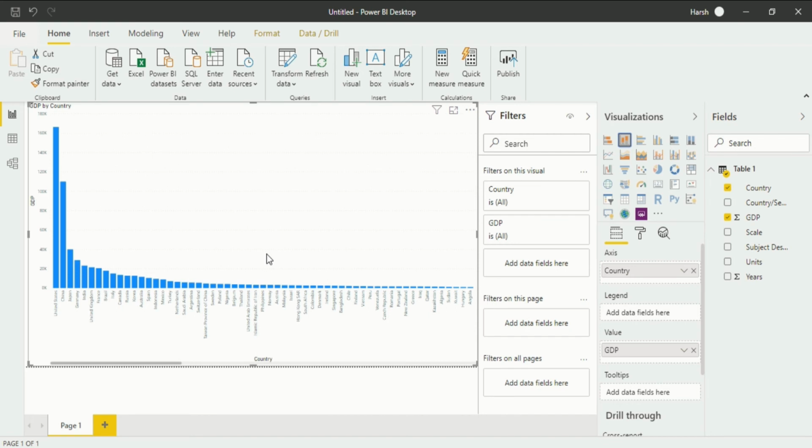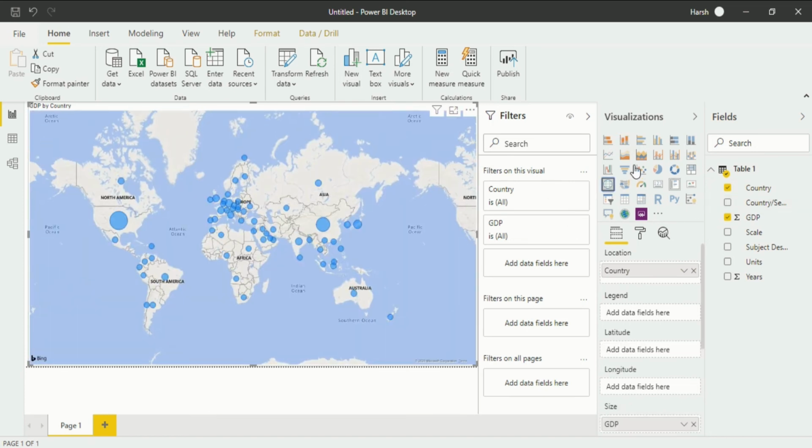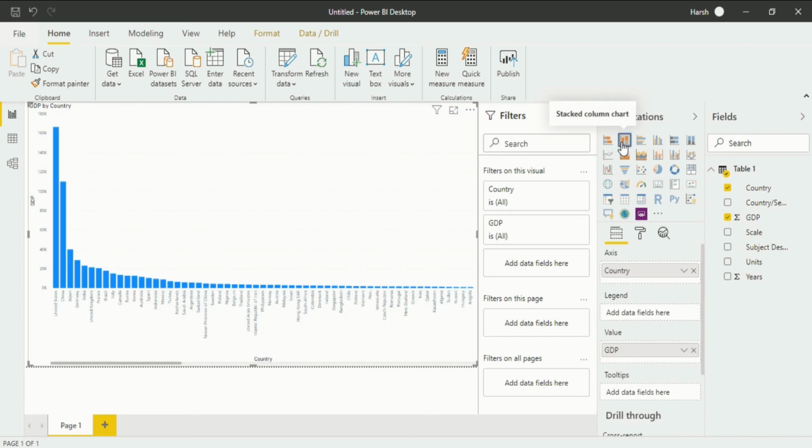If I want to change the content, then I have to change the field columns. If I click back on the world map, you can see the content has not changed. It's just the visualization that changed. And if I want to change the content, I will change the country or something like that, which I can manipulate in the field area, or I can change it in the filter area.